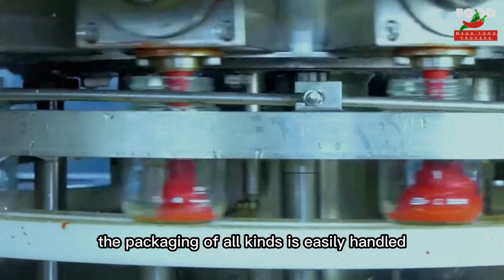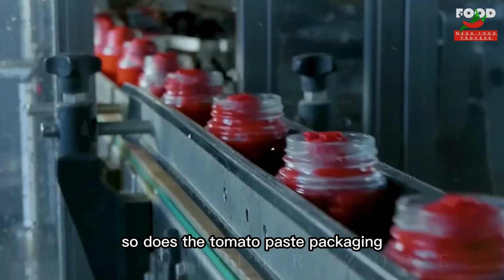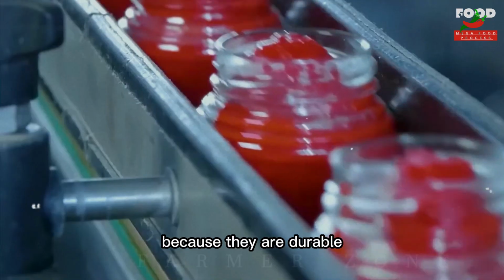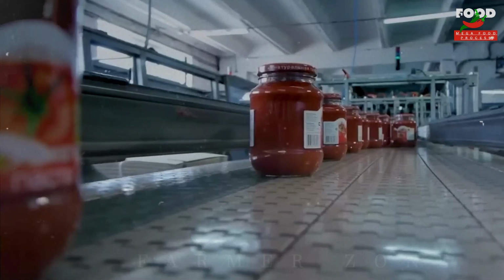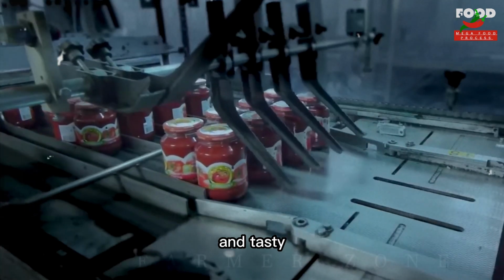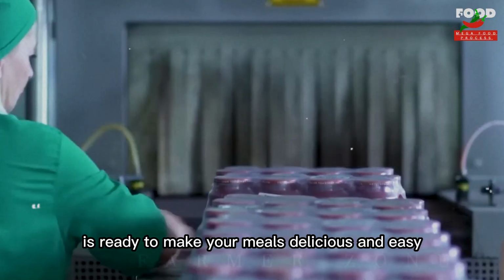Nowadays, you know, with the help of robotic systems, glass jars will be used here, and non-reactive to the acidic nature of tomato paste. They make sure every jar keeps the tomato paste fresh. It's a modern way to make sure your tomato paste